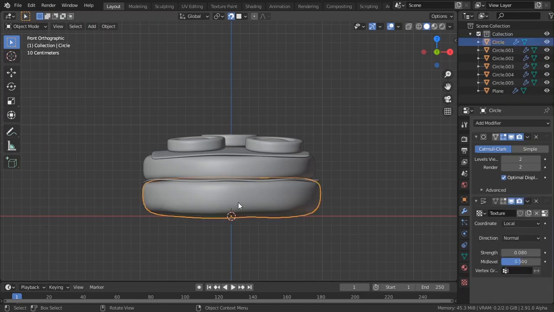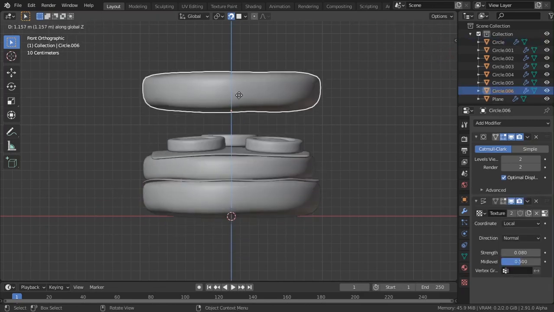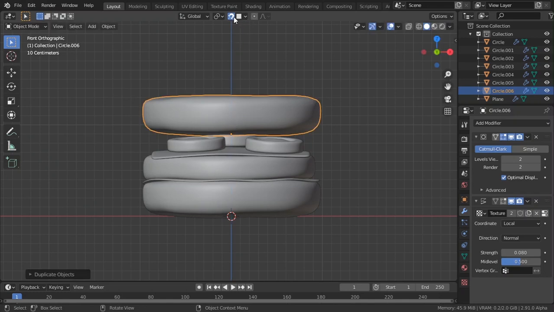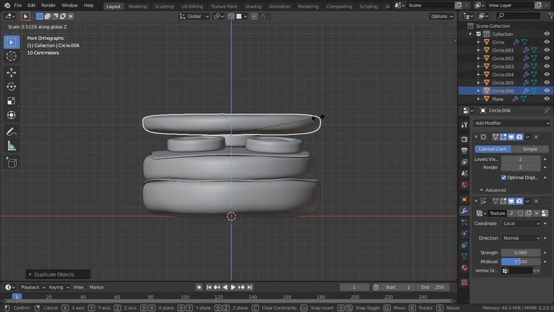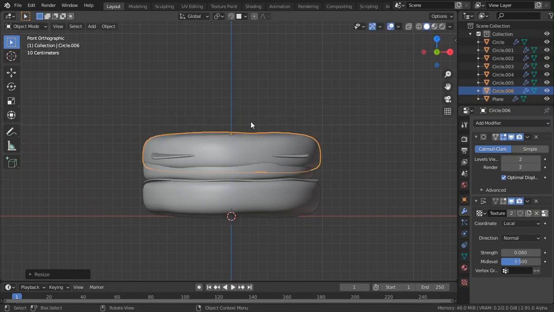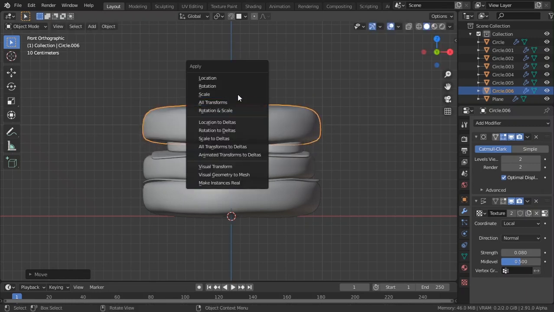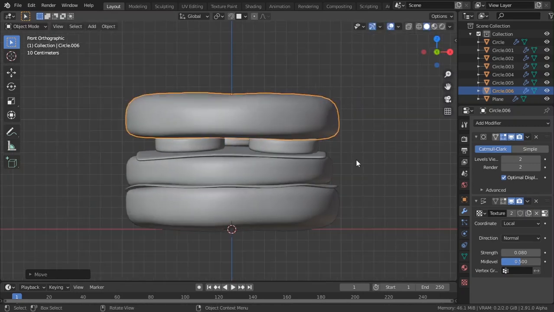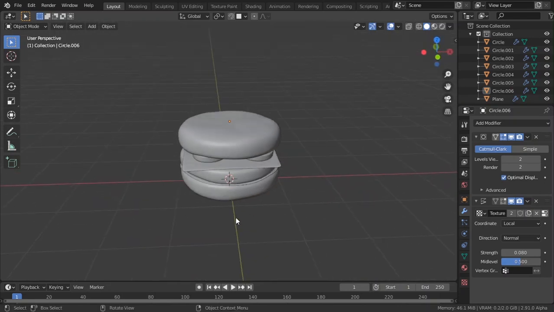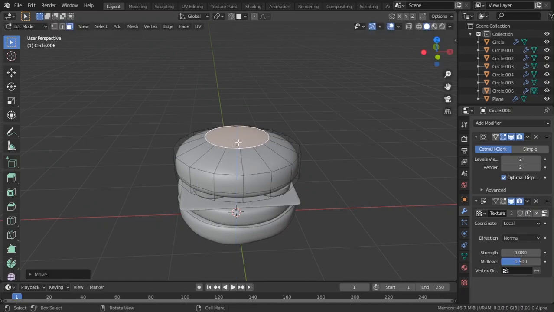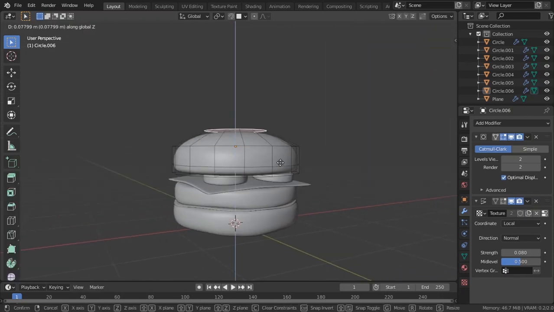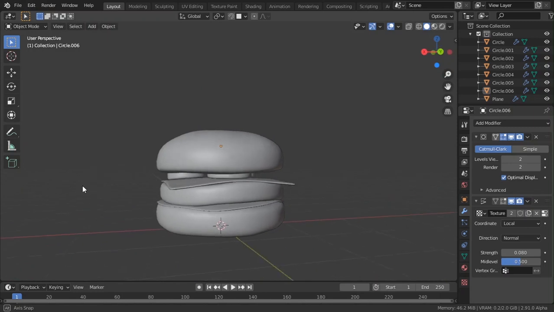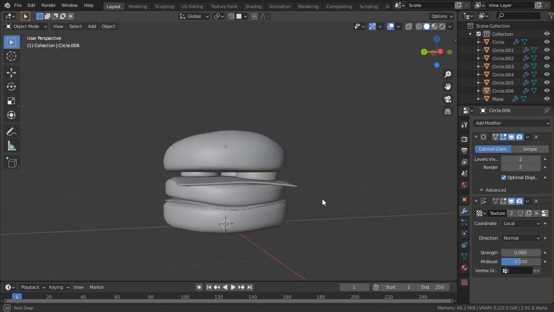So I'm just going to be adding the top part of the bread. I'm just going to be duplicating it. Disable the snapping, scale it in the Z-axis, and press -1 to flip it downwards like this. Don't forget to apply the scale, and we get this. Now the top part is a little bit bulged out to the top, so I'm just selecting this part, move it like this, so we get something that looks like this. And voila, we have modeled the burger